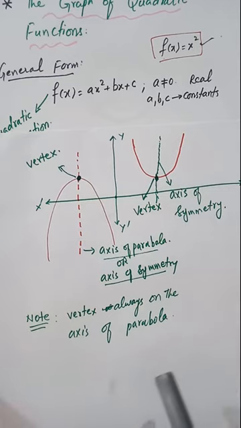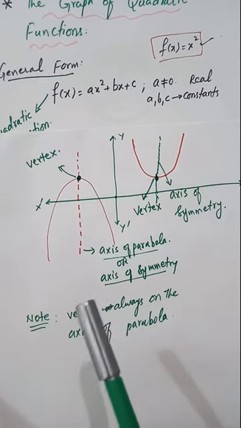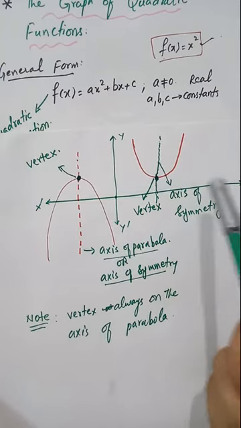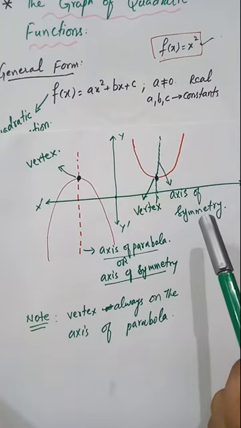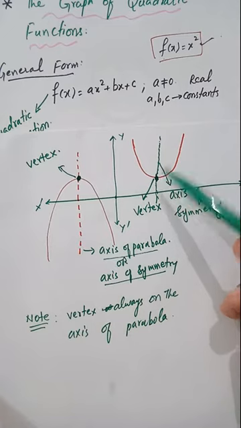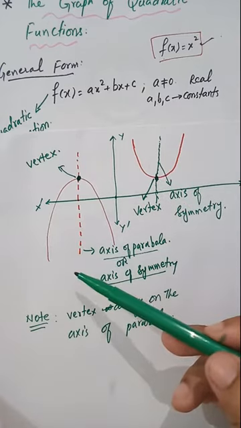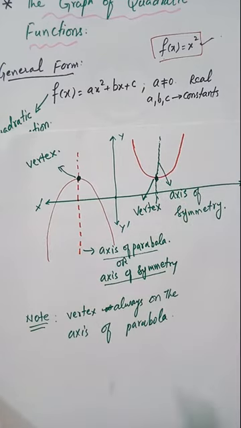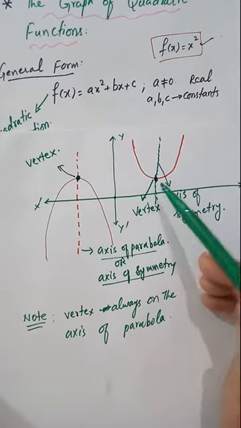Now one question arises in your mind: why are we not considering the parabola whose branches open towards the right and towards the left? That we will discuss in the second year course, but in this course we will only discuss the parabola in which the branches open upward and in which the branches open downward. Okay, so this is one of the important points.